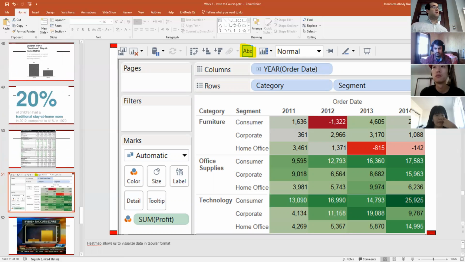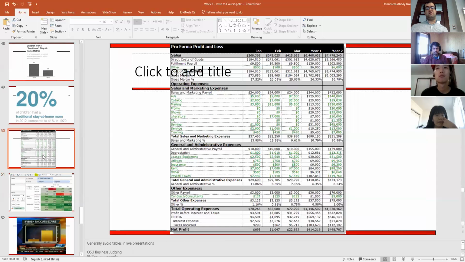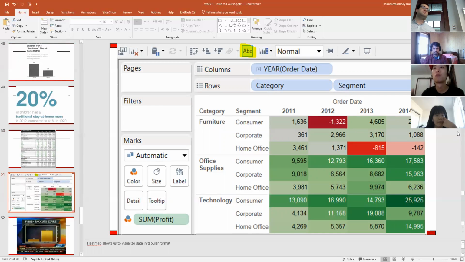So this is much more convenient, even in the finance part. For example, for the furniture category, you can easily understand what is going on in different years. Office supplies, technology. So here, in one glance, you can see what is going on, versus in this one, you know, year one, year two, Jan, you need to spend a good amount of time. So with visualization, you transfer the right information in less time, and probably you avoid mistakes.